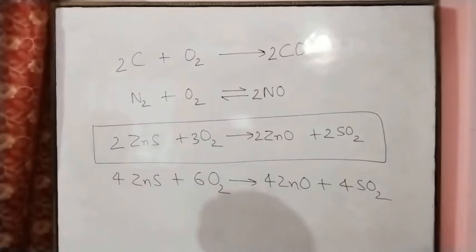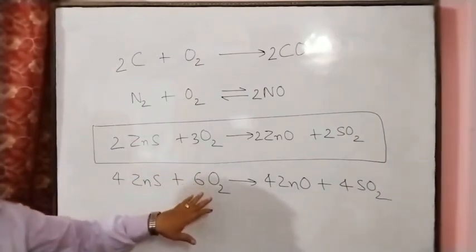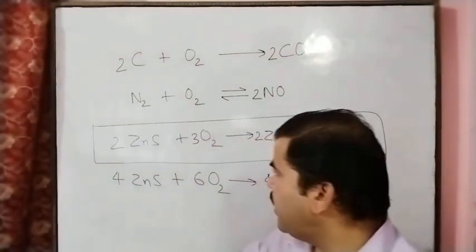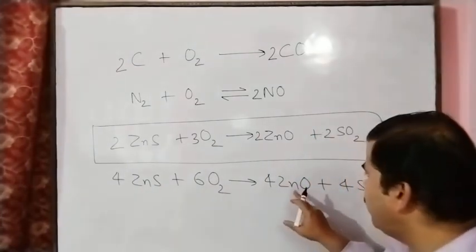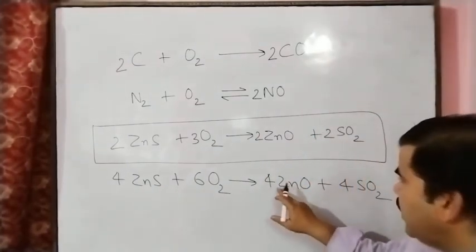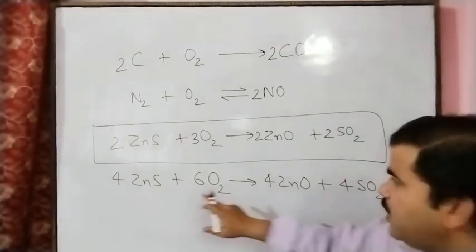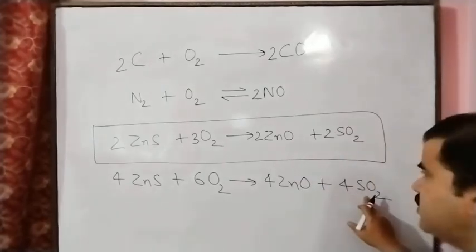So you can see in this chemical equation, this is also totally balanced, same equation, and here also this equation is totally balanced. Here we can see 4 Zn on the reactant side, and on the product side we are also getting 4 Zn. So zinc is balanced, and after this 4 S, so here also 4 S.